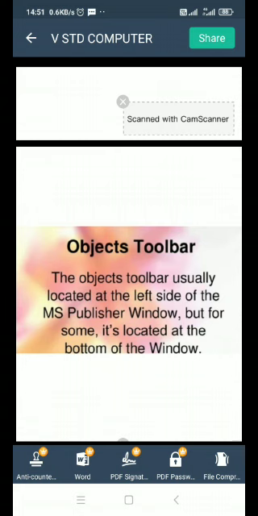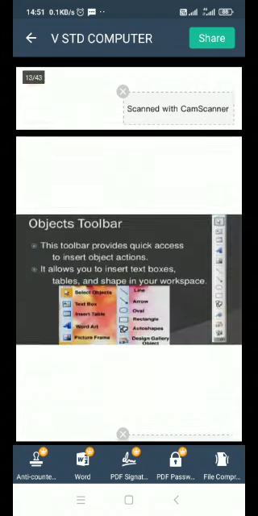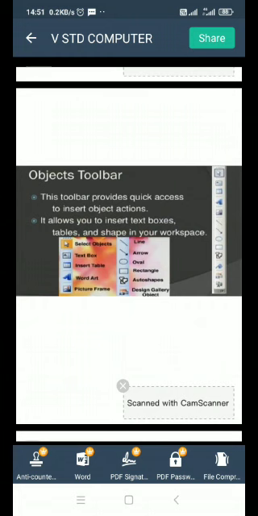The object toolbar is usually located at the left side of the MS Publisher window, but for some it's located at the bottom of the window. We see the pictures. Objects toolbar. This toolbar provides quick access to insert object actions. It allows you to insert text boxes, tables and shapes in your workspace. Okay, children?